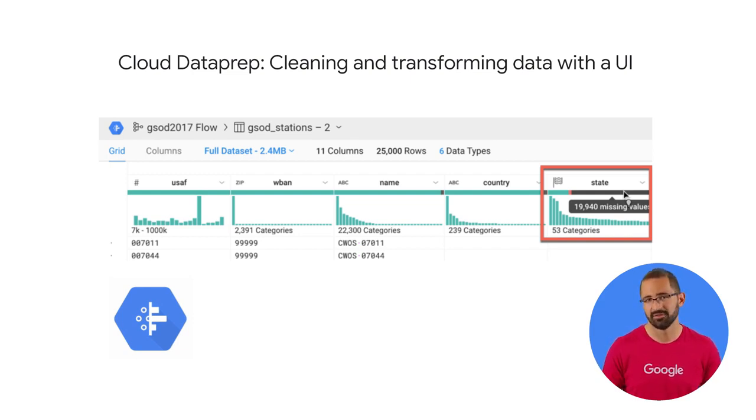That's your frequency. What I've highlighted here in the horizontal bar graph is how well the values in a column of data map to the expected data type for that column. DataPrep knows what the allowable or enumerated values for US states should be, and it is telling us that there are 19,940 missing or null values for state. Why do you think that could be? Well, as you might have guessed, these weather station readings could come in from all over the world, and state